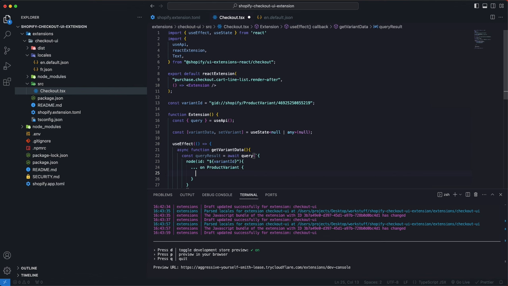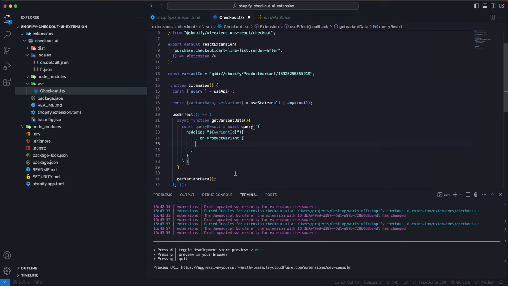So what this query is doing is that it is basically getting us any element with this ID. We know that this is a product variant because this ID has a product variant, but this could also be a product or a collection or something else. Hence why we have to have this fragment over here to get the data that we need from GraphQL. So I'm going to get the title of the variant, the price of it,